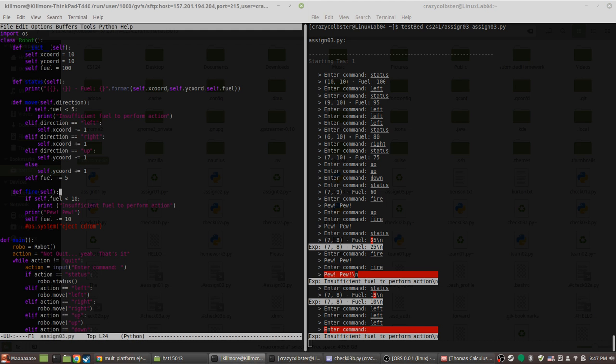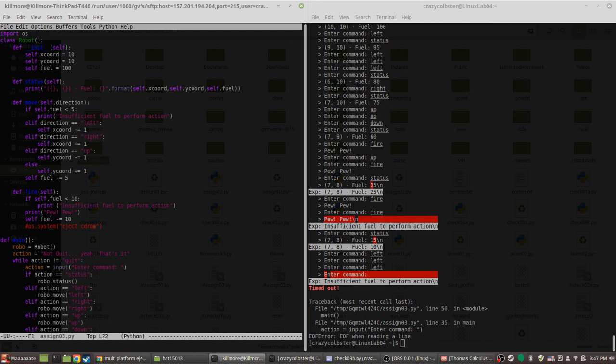For some reason, what happens if I do this? I'm curious. If self.fuel, return 5. Oh, even if I have insufficient, that's not going to work. Can I just say return? Corey, how come it has to return 0 at the end of main? I think it's just like the way that it's built. Because I just said if return 5, it worked normal. Oh, okay, well, I don't know.